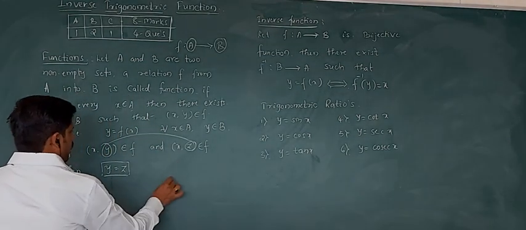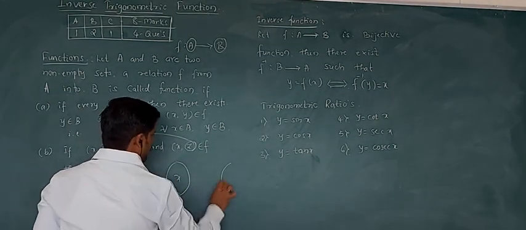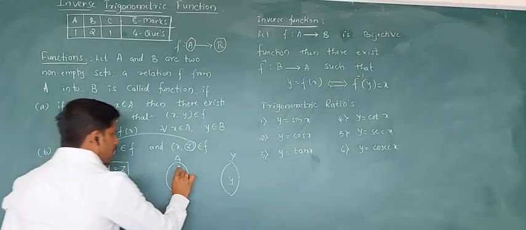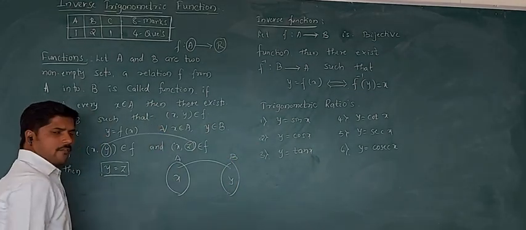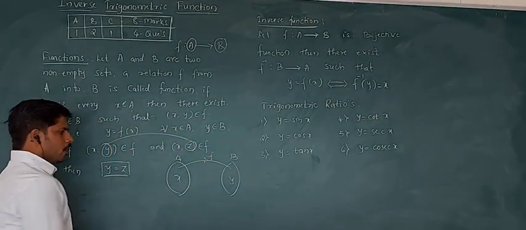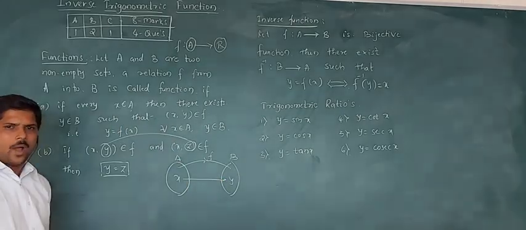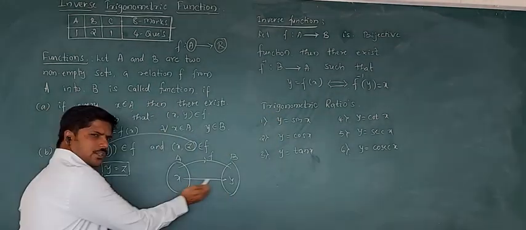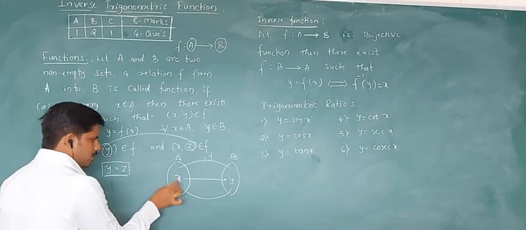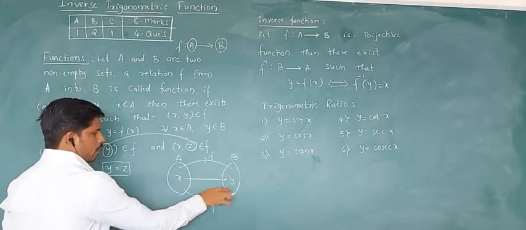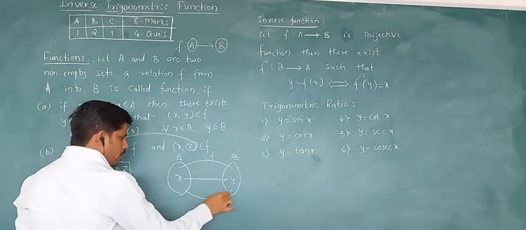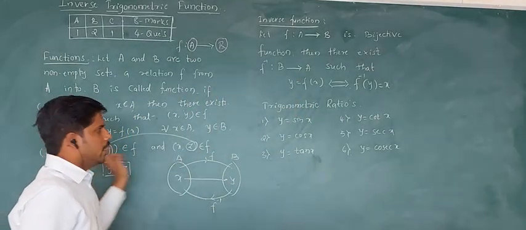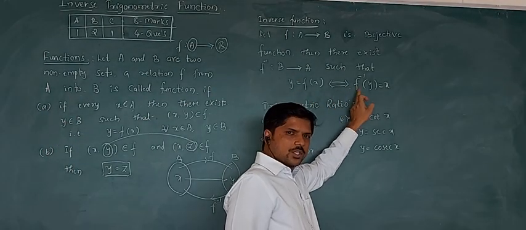As we know for a function, suppose x is an element in set A and y is an element in set B. A mapping f from A to B, then x is related to y. This is a function. For the inverse function, if this function is 1-1 and onto, then there exists a mapping from B to A. See this arrow marker, it moves from B to A, that is the inverse exists. So f inverse exists such that y equal to f of x is the function definition, then this holds if and only if f inverse of y equal to x.